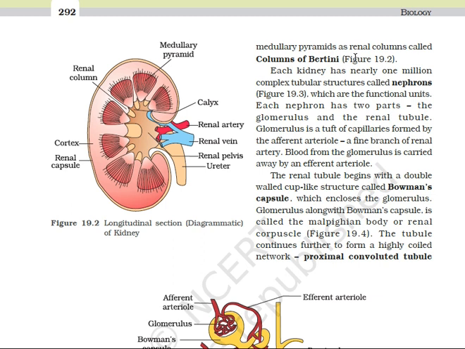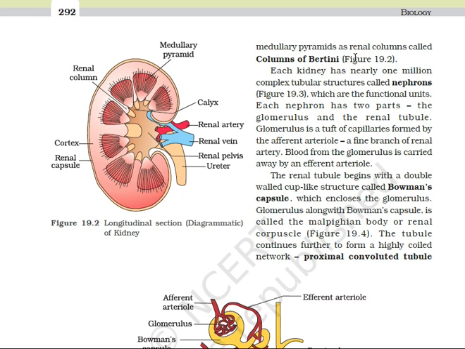Another question I would like to discuss with you: name the passages in sequence through which the urine passes from the kidney to outside in humans, and how is this urine prevented from flowing in the reverse direction into the ureters? I just now told you ureters are oblique, not straight tubes.